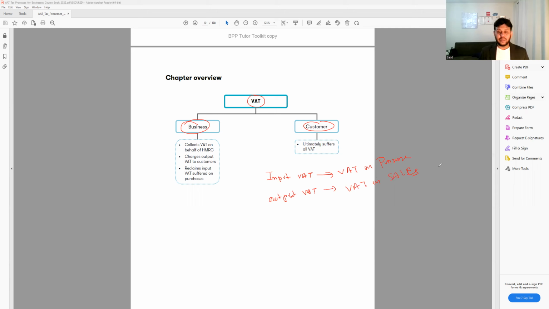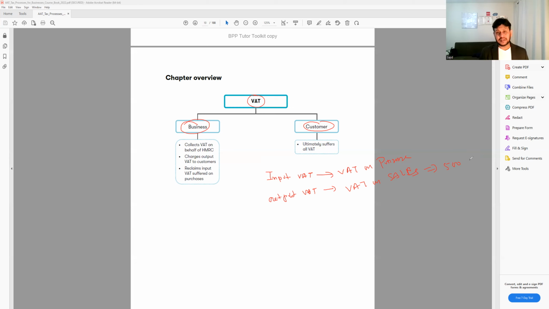So at the end of the day, we look at how much is the output VAT, so how much VAT we have collected from my customer. For example, if I collected 500 VAT from all my customers from the sales, normally we submit the VAT to HMRC quarterly. Remember that, unless you take a special permission from HMRC to do it yearly or monthly, normally every single company has to submit the VAT to HMRC quarterly. For example, January, February, March. So from March, every single company has 1 month, 7 days to submit the VAT return and either pay or